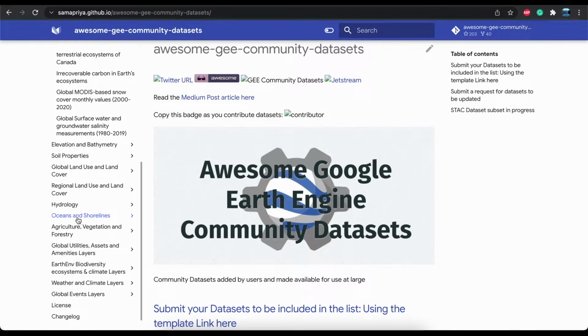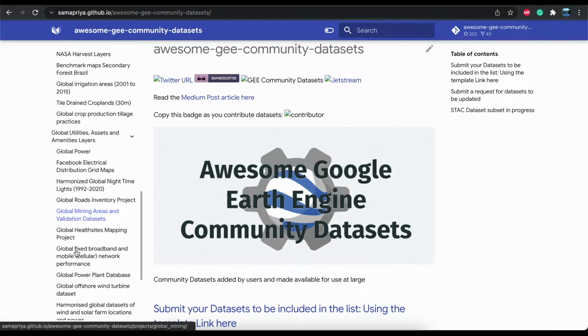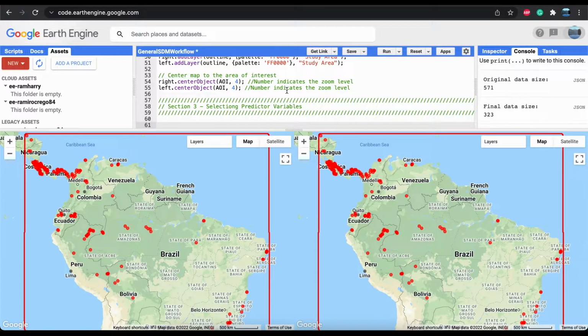There's so much stuff here. So yeah, this is a really good place to take a look at. A lot of potential different data sets that could be really useful as predictor variables for your study. And there is no need to download any of this data. It doesn't matter how big your extent is or your spatial resolution. You're not going to be downloading gigabytes of raster data sets. Everything will be here on the servers of Google. So to me, that's one of the main, or it was one of the main motivations to create this workflow